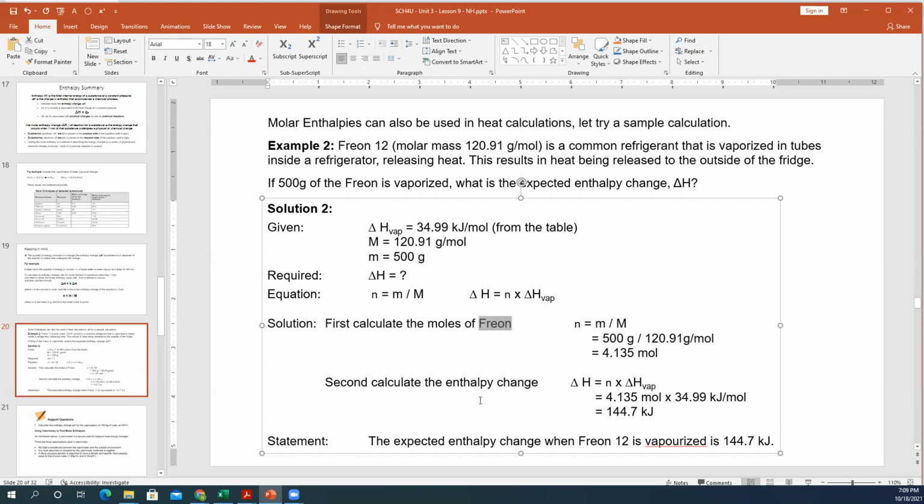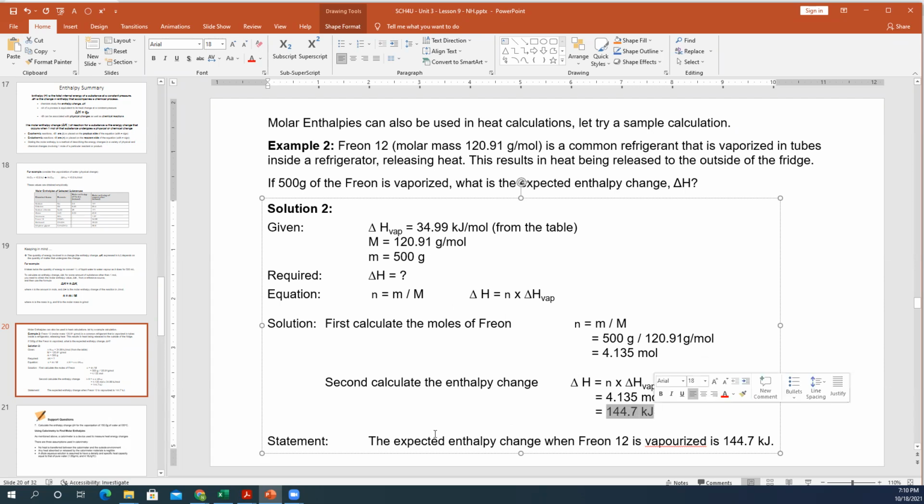Next, we want to calculate the enthalpy change. So now delta H is equal to 4.13 moles times 34.99 kilojoules per mole, because this 34.99 kilojoules was the amount for 1 mole. But we don't have 1 mole. We have 500 grams of it, which is equal to 4.135 moles. So if you multiply it out, we see that for this many moles, the delta H is equal to